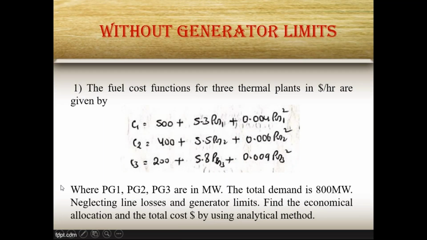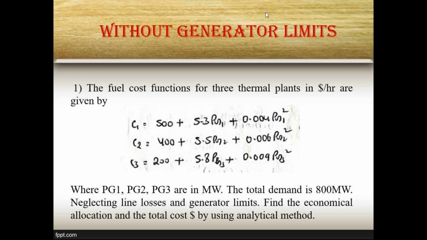Note down this question. From the first unit, definitely 90% you will get this type of problem, and it is a most important problem for the GATE exam also. From this first unit, definitely you will get 2 to 3 problems in the GATE exam. They will give cost functions like this, and you have to find the scheduling of each and every generator and the total cost.